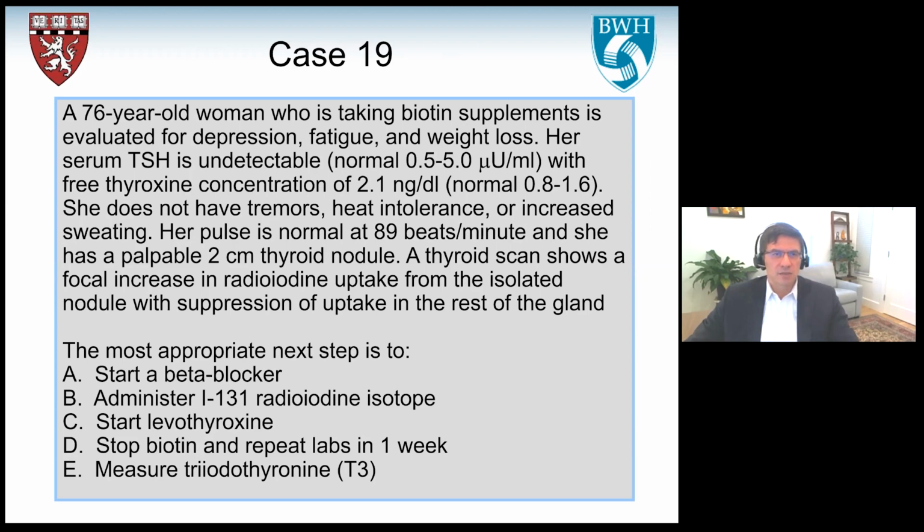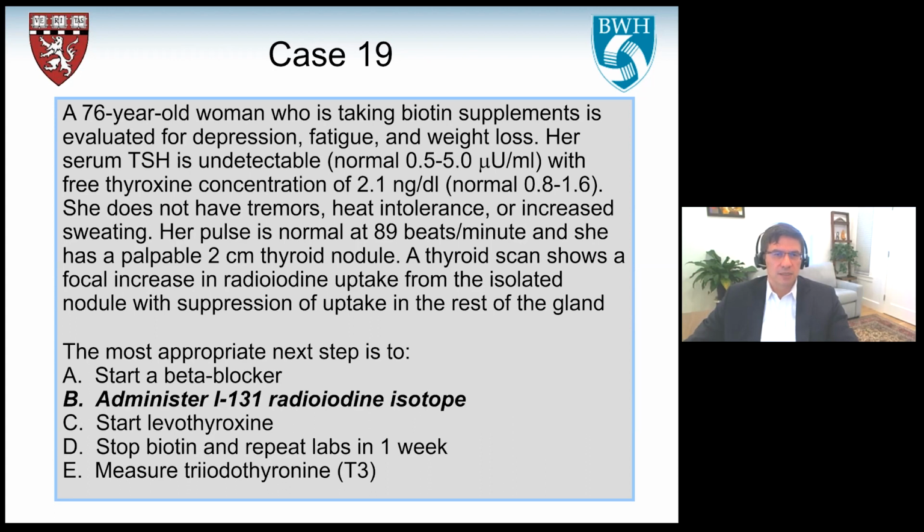A thyroid scan shows a focal increase in radioiodine uptake from the isolated nodule, with suppression of uptake in the rest of the gland. The most appropriate next step is to A, start a beta blocker, B, administer I-131 radioiodine isotope, C, start levothyroxine, D, stop biotin and repeat labs in 1 week, E, measure triiodothyronine or T3,